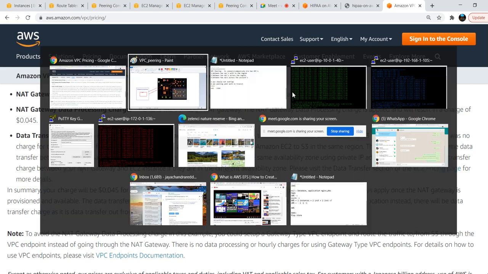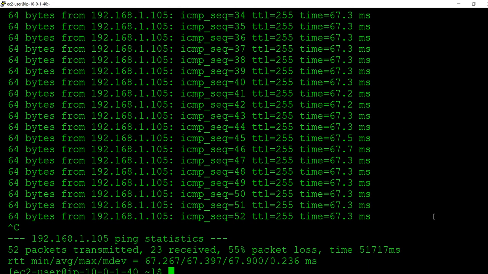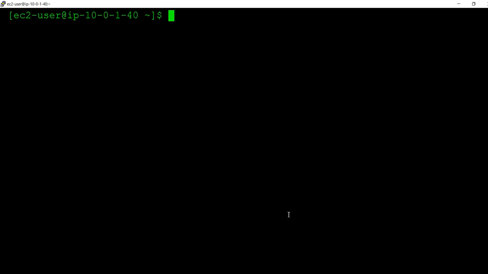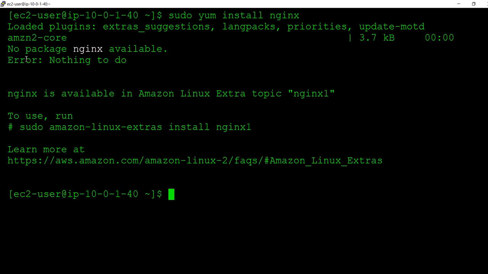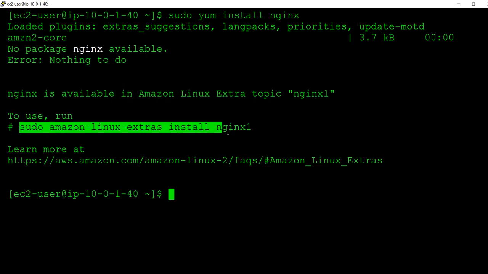I already have my server here. So what is data transfer between the VPCs? I will show you. Sudo yum install nginx. No package nginx available, so something different is available in Amazon Linux.